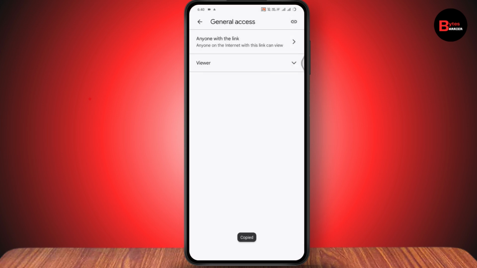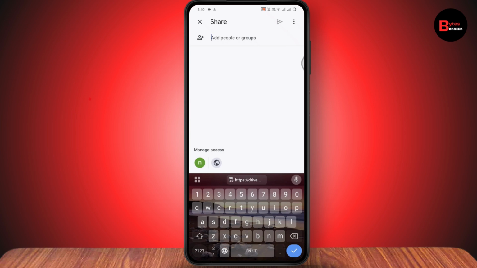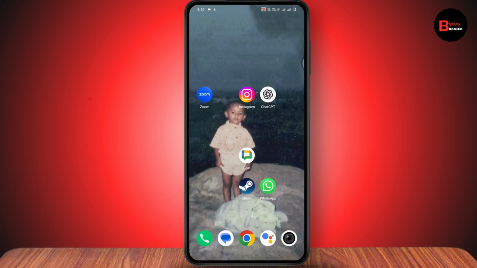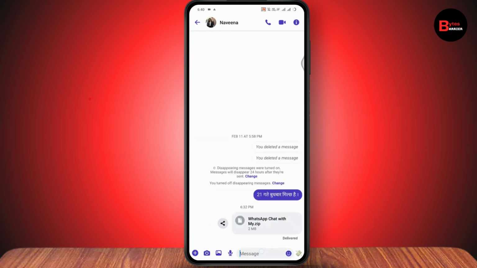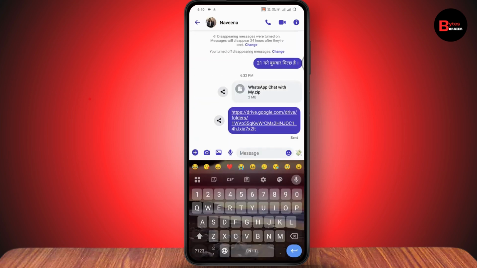After that, copy link, and after copying the link, now you need to go back and send that link to your messenger or any other application that you want to. For example, I'll just simply choose messenger and send. Now if the other person taps on it, then they'll be able to use the video that you've sent